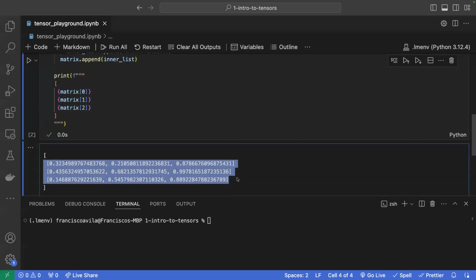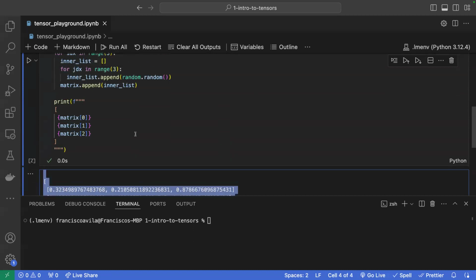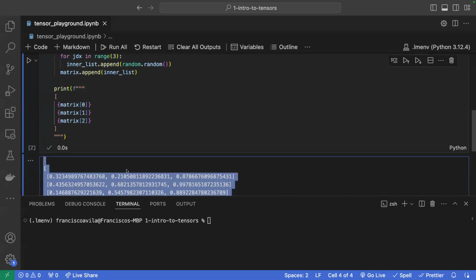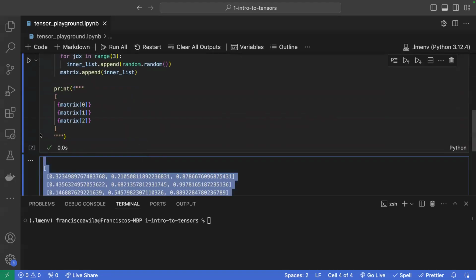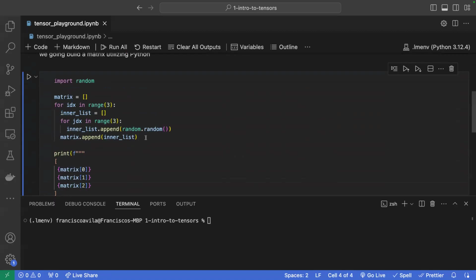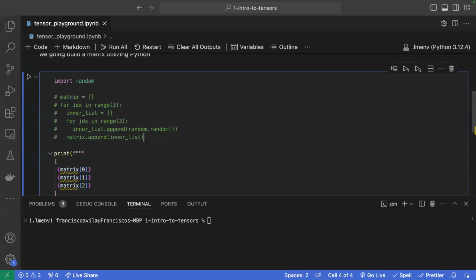That's all I'm doing here. And I'm creating this list of lists, right? Now, I created this utilizing purely Python. There's definitely a cleaner, more syntactical way to do this. What we can do is, rather than having all this gibberish of different for loops happening within one another, we can utilize list comprehension to say,